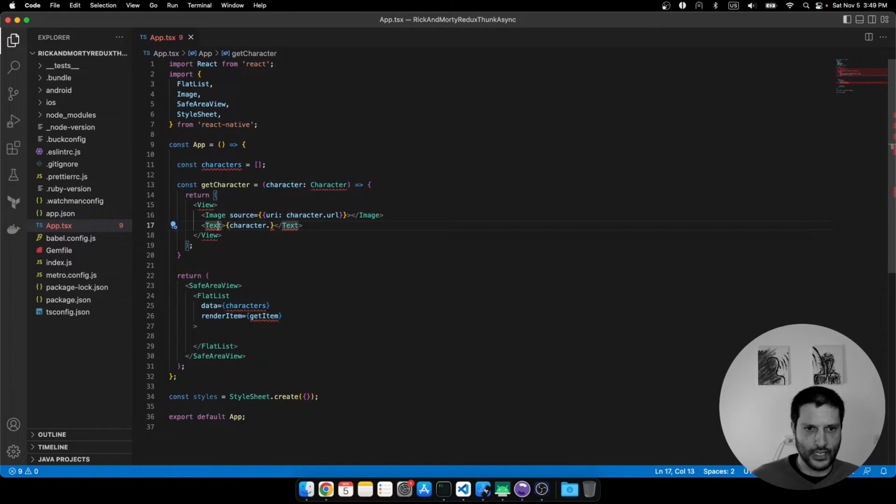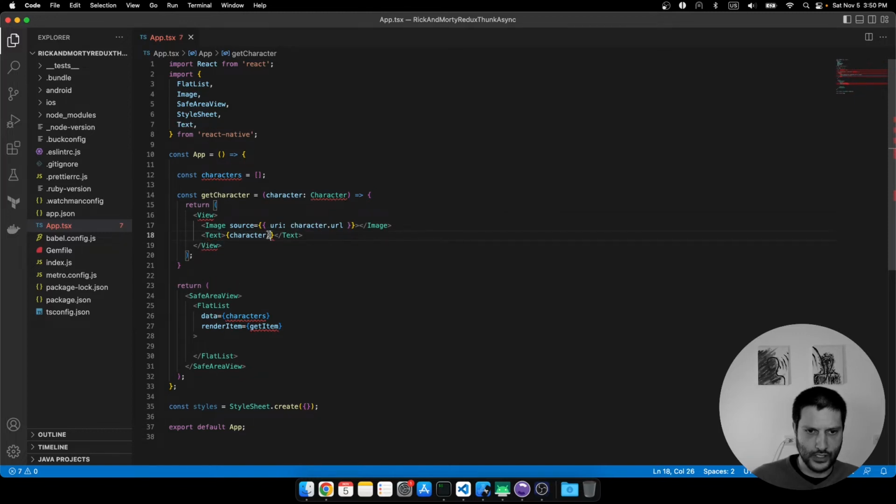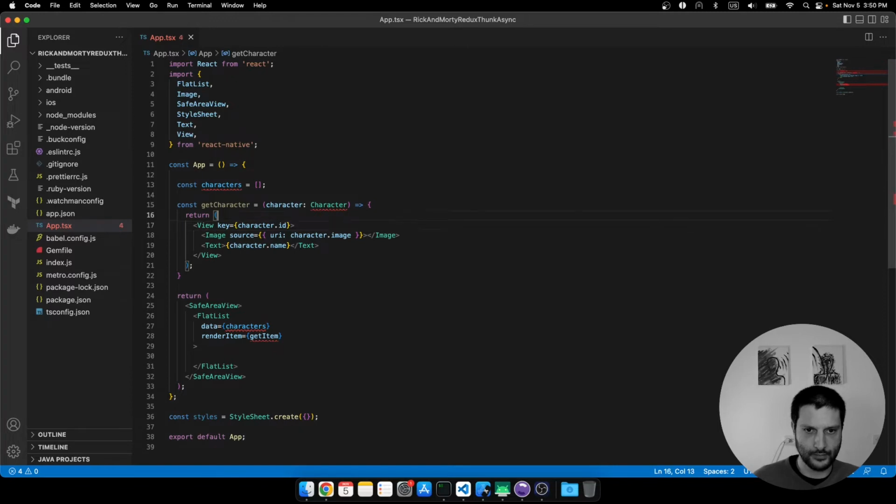And now we should be good. So let's see. So here it's character name, and here it's character image, and that's it. So for the key we will use character dot id. So that's it. Let's import this one, update, and this one will be getCharacter. Okay,